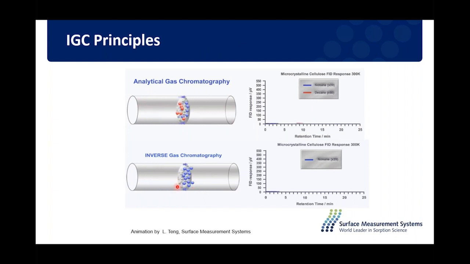So inverse gas chromatography is one way to measure surface energy. It's actually the preferred method for measuring surface energies of powders and particulates and fibers. And essentially, you put the sample into a sample column, you elute the different probe molecules, and we measure the retention time. This retention time is related to how strongly or how weakly those molecules interact with the surface.